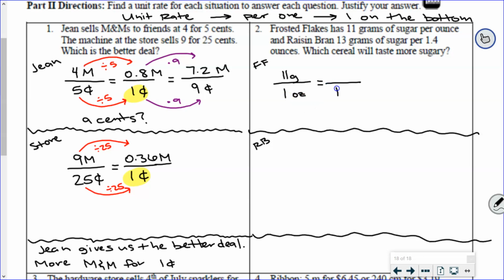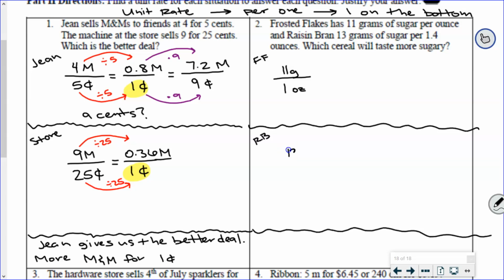My goal is to turn it into a 1. Have I done that? Yeah, it's already done, right? So this is even easier than the last one because it already is a 1 in the bottom. So that means all we have to do is focus on RB, Raisin Bran. And that's 13 grams